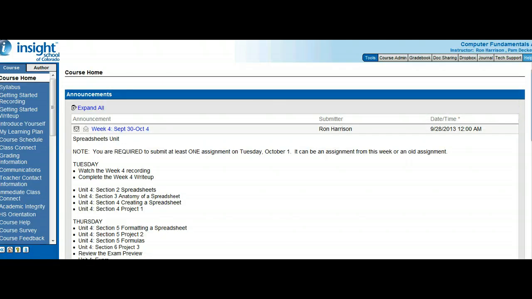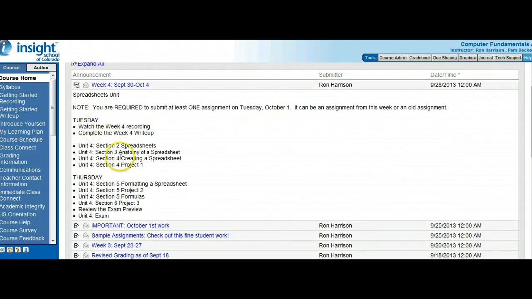Okay, so that wraps up the spreadsheet work, and again, you're going to have project 1, project 2, project 3, and all the work for this week. It should not take you more than 4 hours at the most. Most students are going to probably finish it in a couple of hours if you just sit and get it